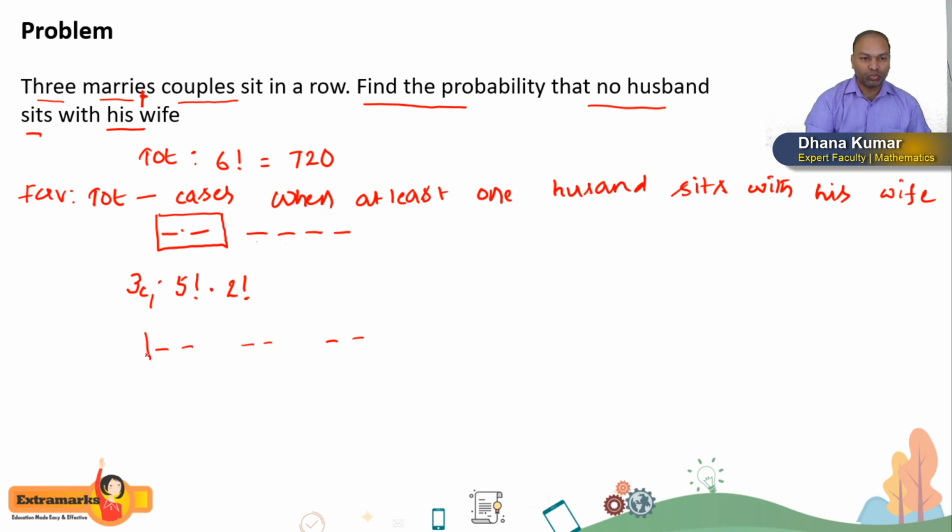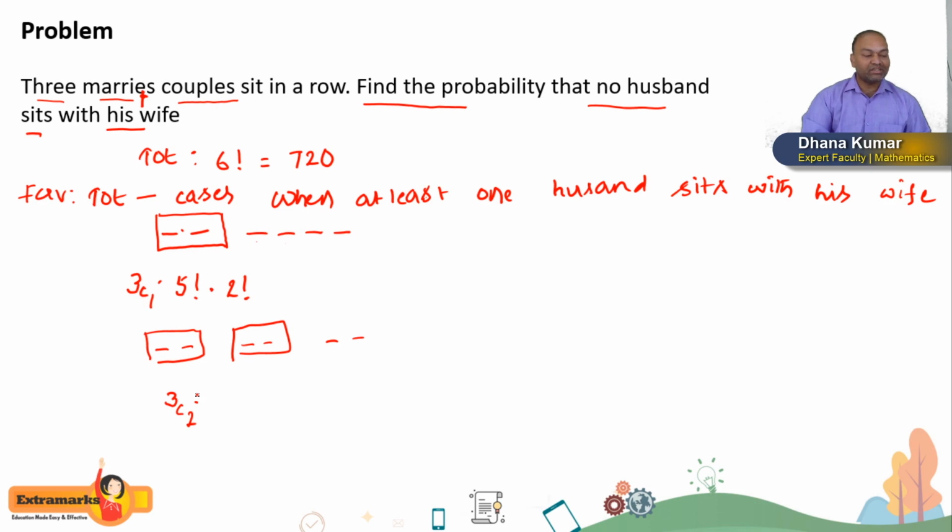Okay. 1, 2. Fine. Total how many couples? 3. Out of 3 I am selecting 2 couples. How many ways can you select it? 3C2. So 3C2